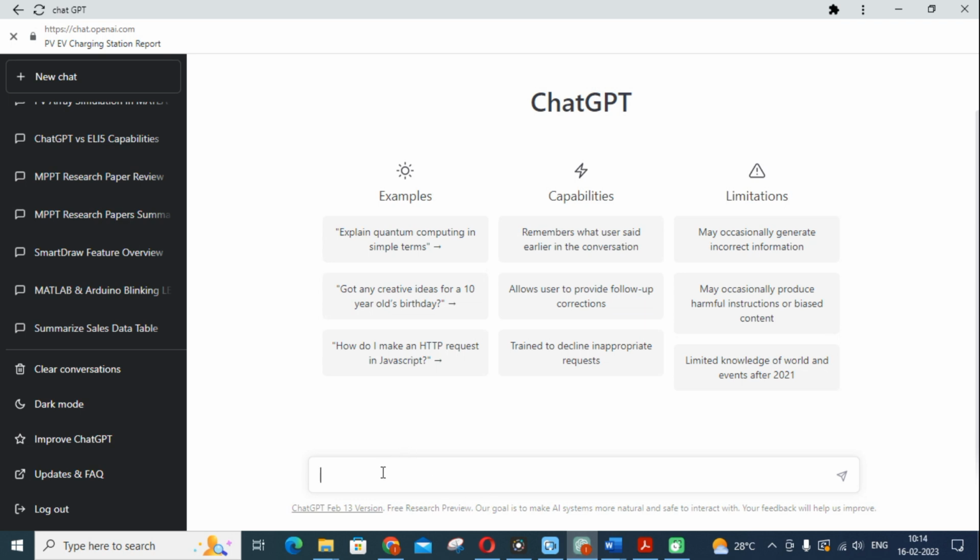The main thing in preparing your project report is that you have to make the outline of the project, that is the content of the project, the structure of the project. So I am going to make the structure of the project using ChatGPT. In this I am going to give a title, PV fed electric vehicle charging station. Now I am going to type in ChatGPT thus,